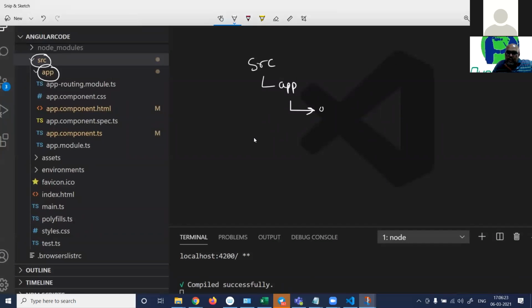It says app, whatever the folder name is, dot component dot HTML. Look at the other one. This is TypeScript, app dot component dot ts, and then app dot module dot ts. So you can see the naming convention: app, the layer name, and the extension, right?